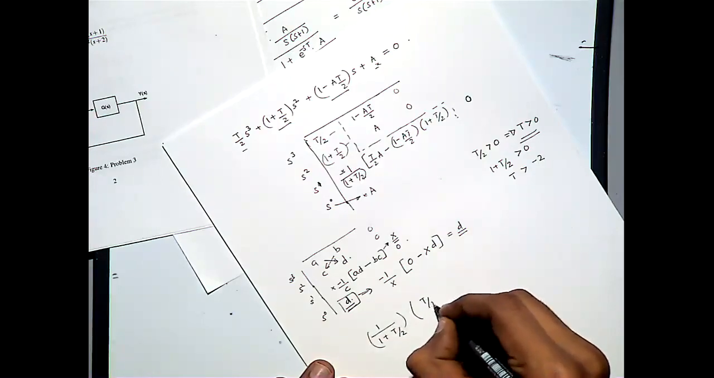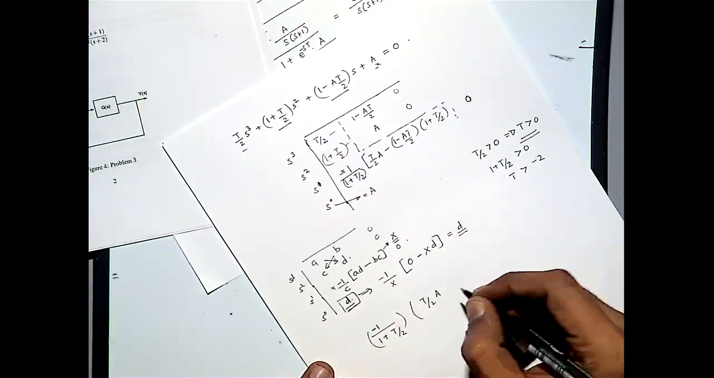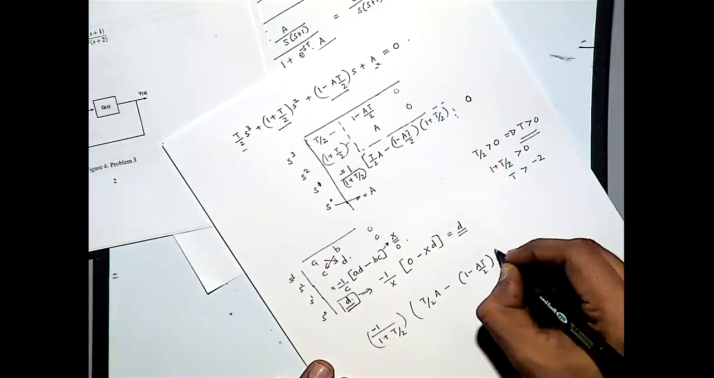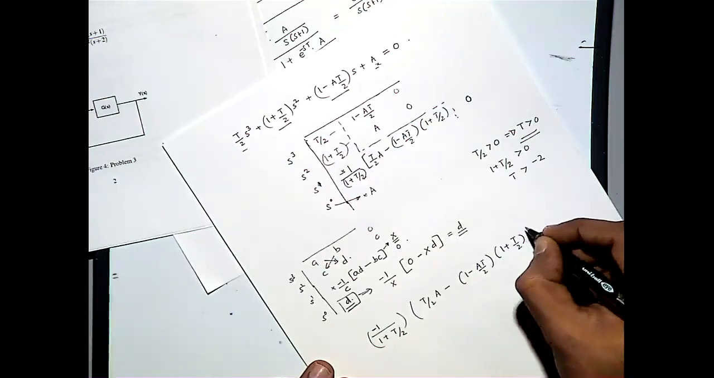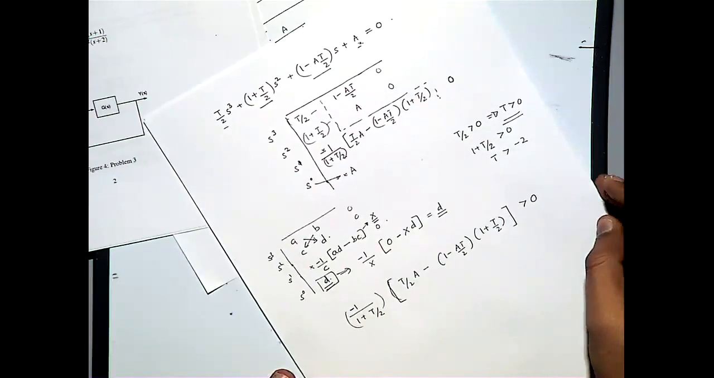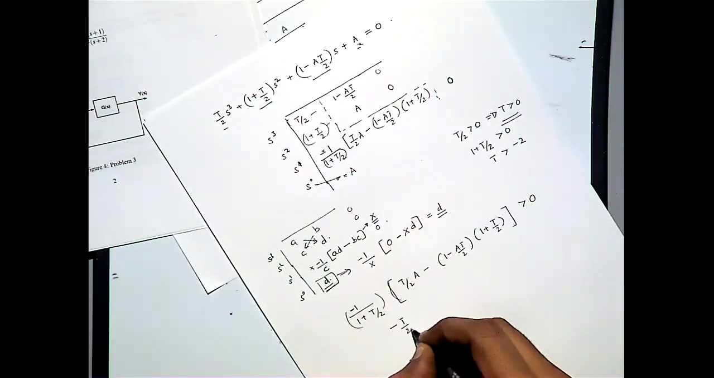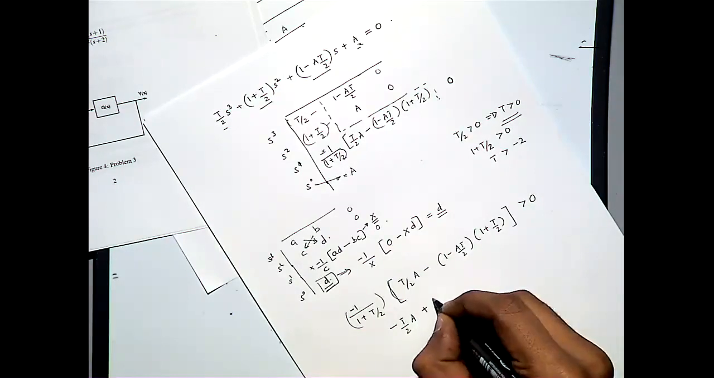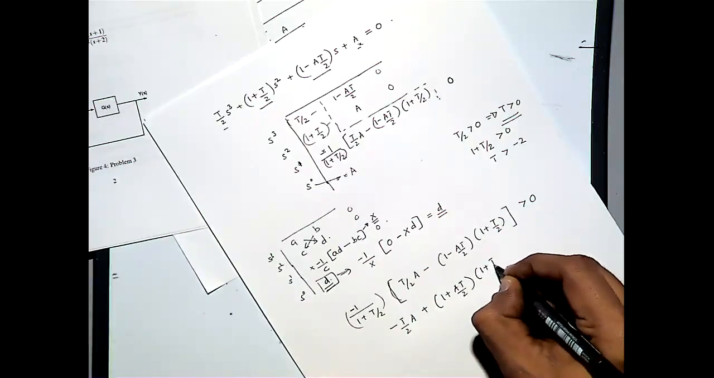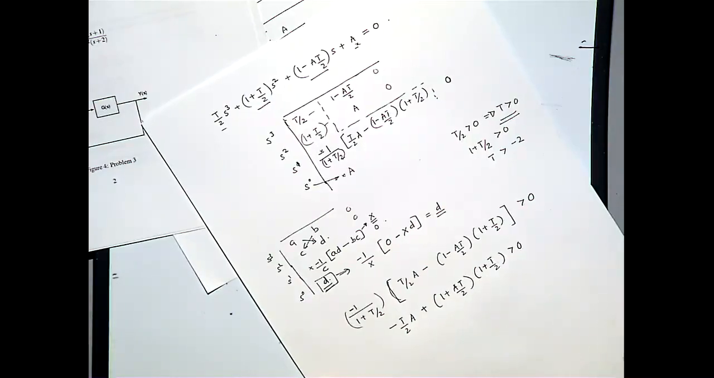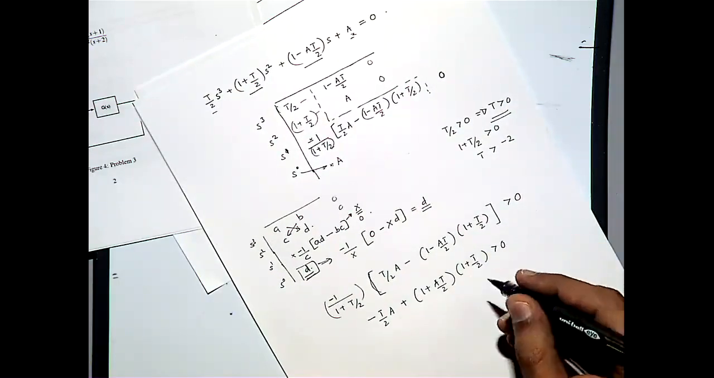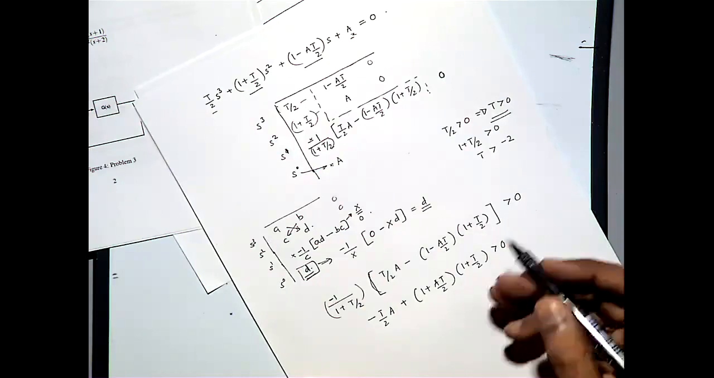times t/2a, which is minus 1, sorry, minus 1 minus a t/2 times 1 + t/2, this one greater than 0, right? Which means that minus t/2a plus 1 plus a t/2 times 1 + t/2 greater than 0. And we can actually expand this equation and say that for all those values which satisfy a